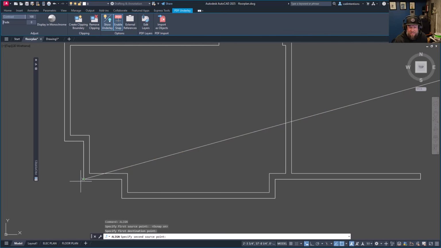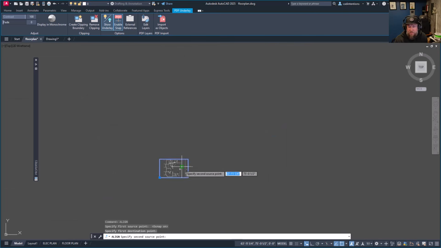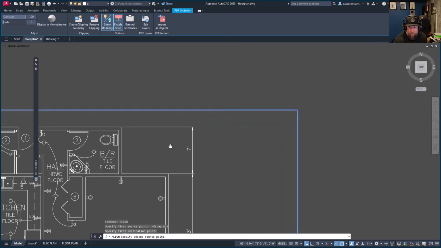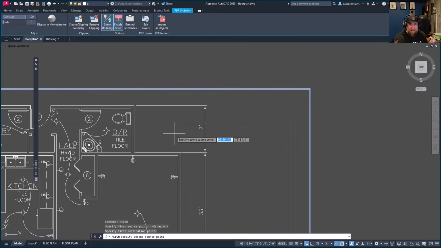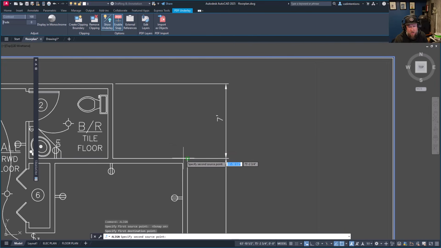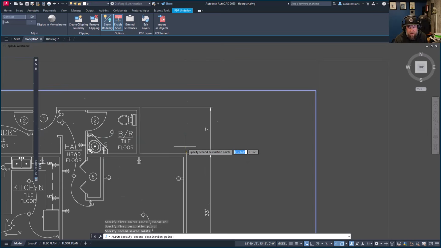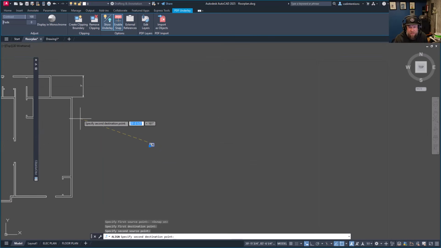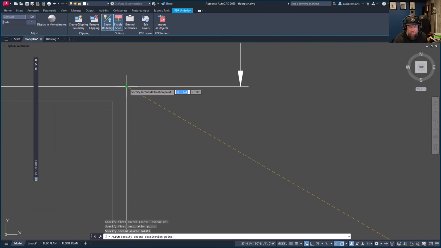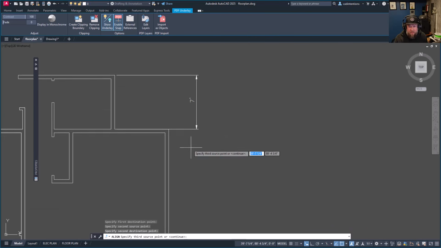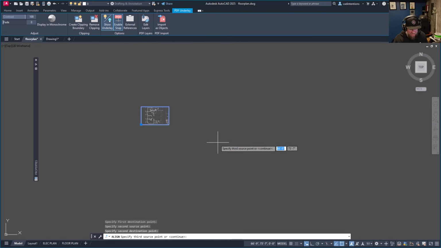I'm going to click that exact point, and then we're going to go back to our PDF to grab the second point. Typically, when you're aligning or georeferencing objects, you're going to want to choose 2 points that are as far away from each other as possible. So I'm going to go with the top right corner over here as my second point. You're going to zoom out. We're going to go over to that point over here, hit enter,